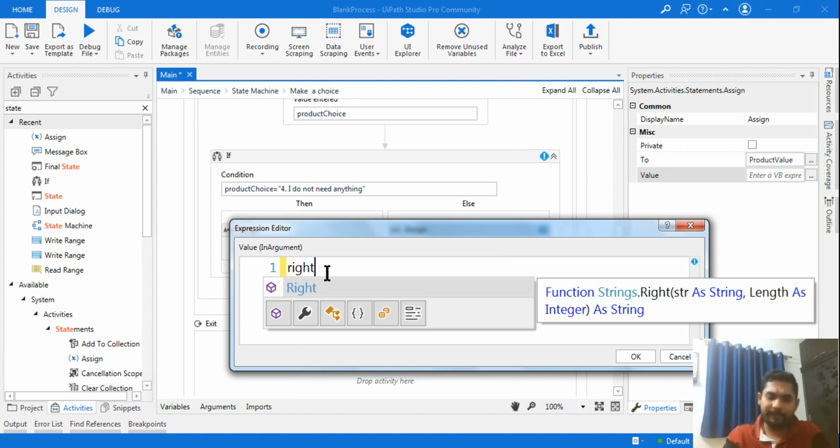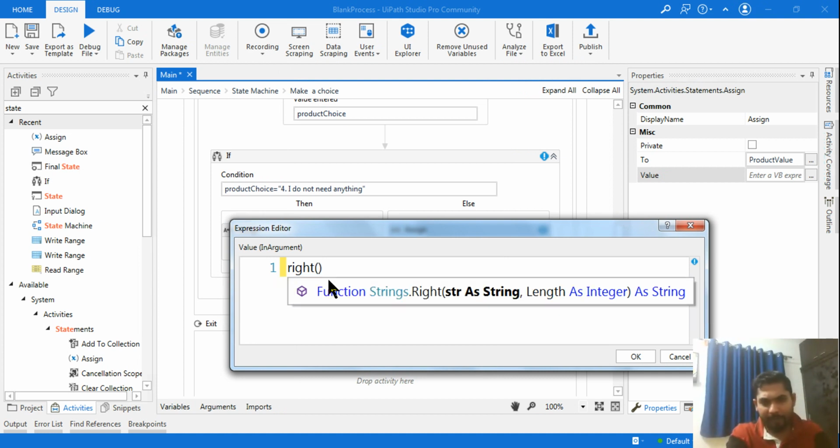So what I will write is Right, which is the method. Right, in brackets product choice, my variable, right? Let me write that variable properly, product choice. Check your spelling. If you make a spelling mistake, then it will not function. Comma 2. So what is the meaning?